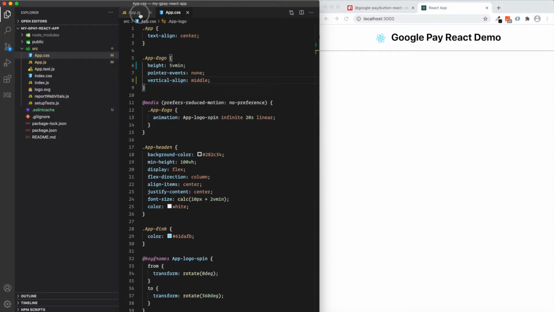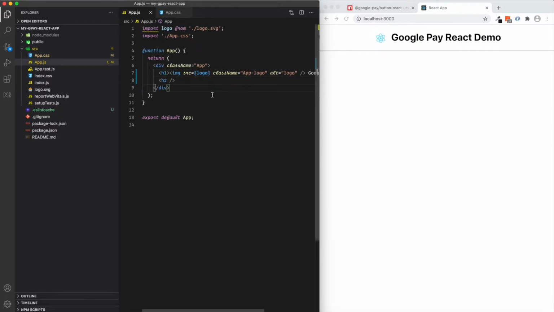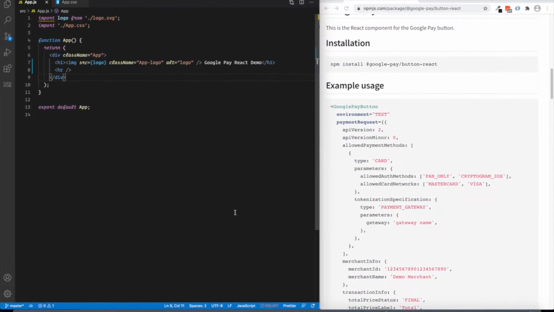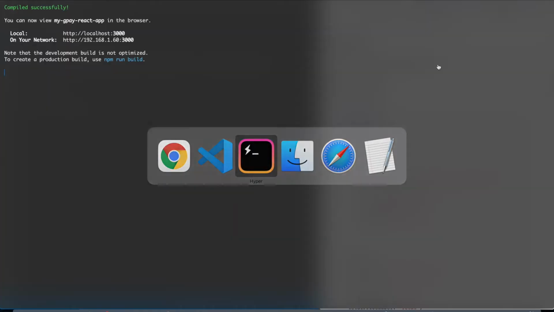And we come back here, and now we will try to code for this Google Pay button component. First of all, we have to install this package for Google Pay. So let me quickly copy this package, and I come to my CLI.